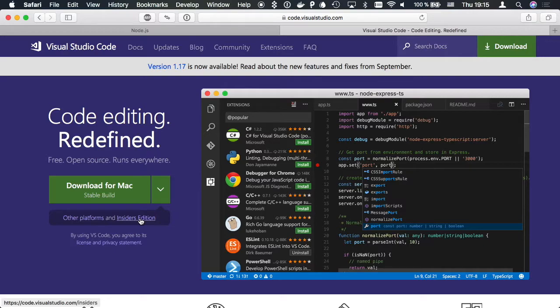It's okay if you don't have the older version, don't bother. You can download the new version at home. There are no huge differences, but still, I like to be on the edge. I like to have the latest and greatest of everything. So get the Insiders Edition if you can. And for the newcomers, definitely get the Insiders Edition. Download it and